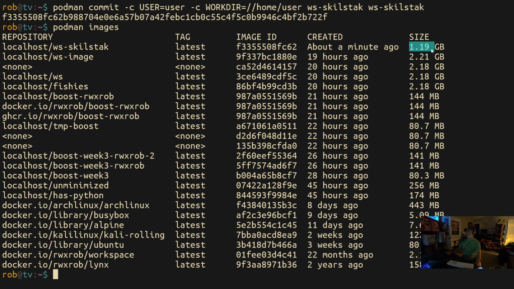I thought it was going to be so much bigger than that. Why isn't it as big? Because I didn't do the... that's what she said. Because that is crazy. That's like smaller than my other workstation image. I must have missed something on there. I have no idea what, but